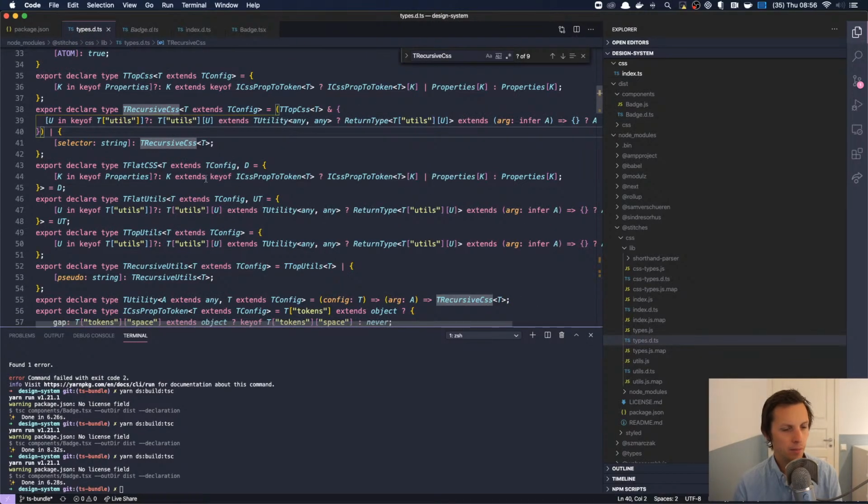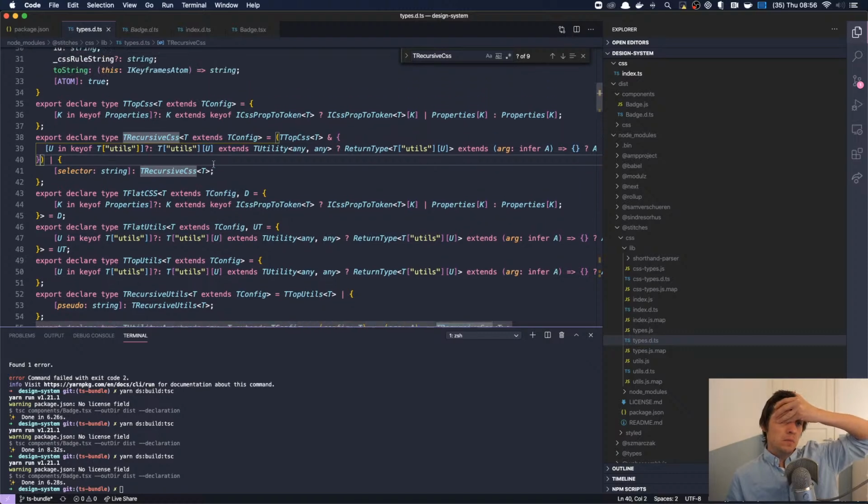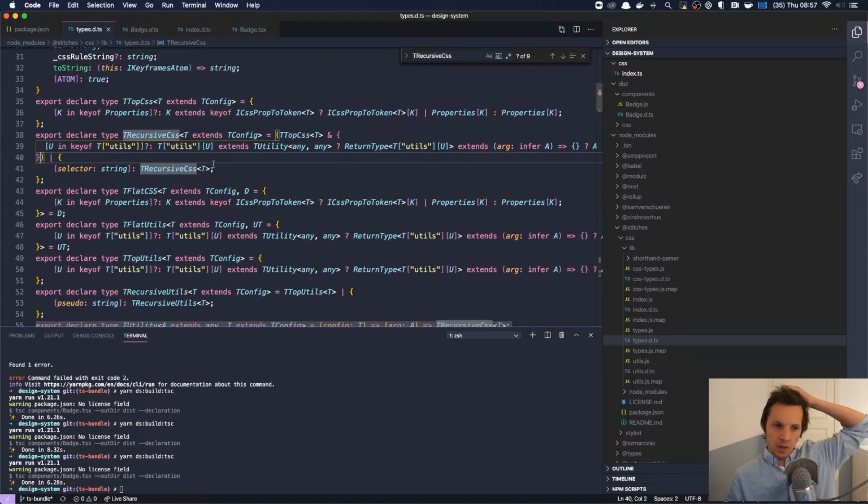Is there any way we can make it go in there once? The reason it's needed here is because we're getting the config here and we have to pass it to this one, but also to this one.